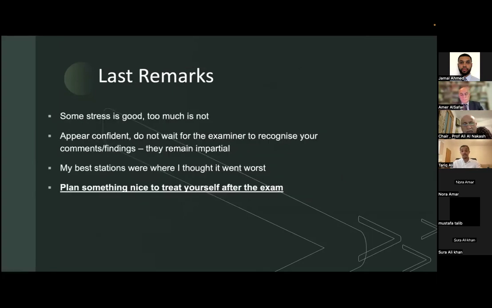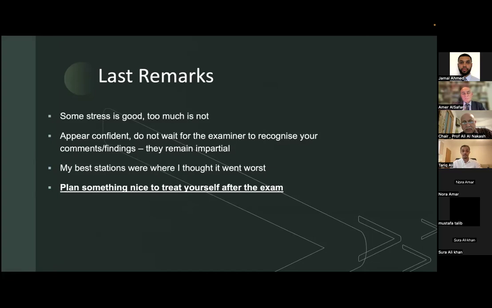Last things I would say is that you should feel stress. Stress is good. It's a way of you reaching your peak of performance, but too much stress is bad. So make sure that you take lots of breaks in between, okay? Appear confident. The examiners can smell fear, I think. So be prepared to look like the medical registrar that they feel they can leave at the hospital at night to make sure everyone is safe. You're there to make people safe. You're not there for the 1 in a million diagnosis.